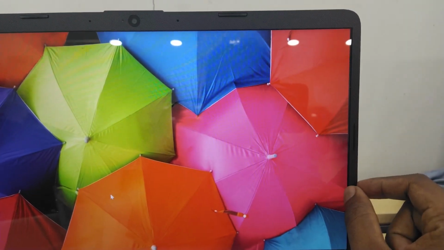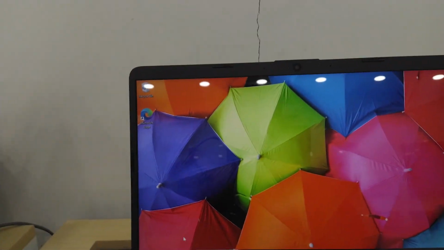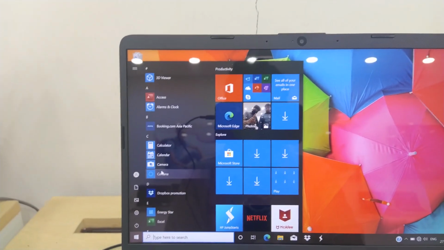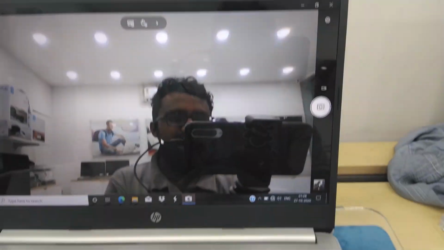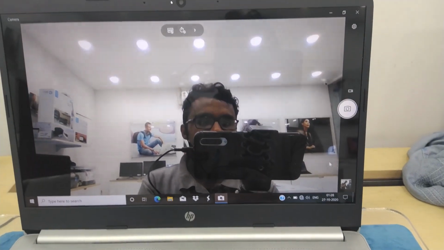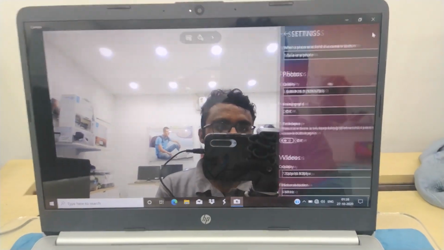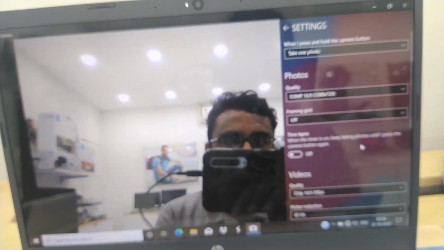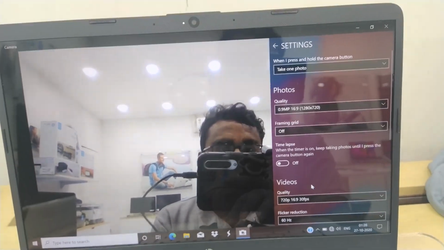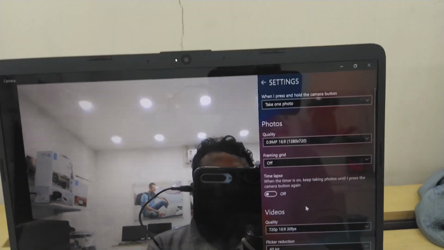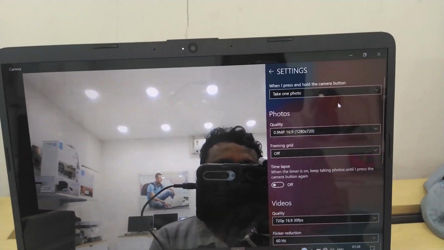The bevel size is almost 6.3 mm, and you can see the camera also. Yeah, this is how the camera is. This looks very unique, and you can see the quality of the video and the resolution, everything.